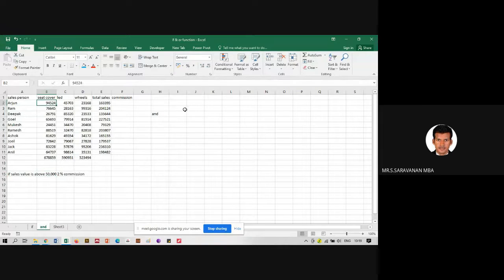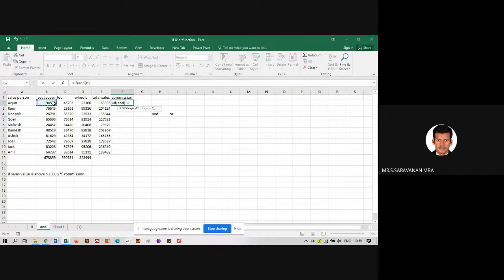Function, then OR function. We will see the OR function also here. If each sales is above 50,000 only, he will get a commission. So equal to IF, open the bracket, and means all the criteria has to be fulfilled.